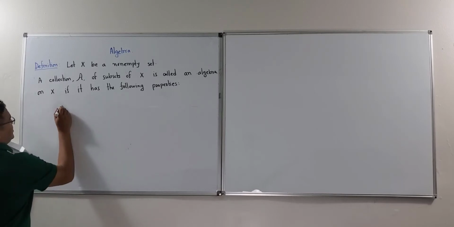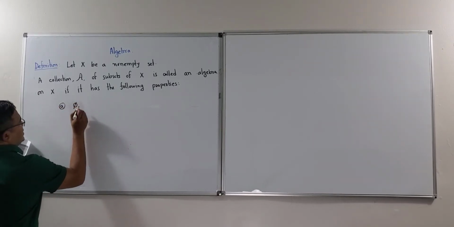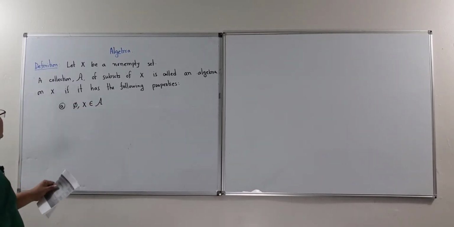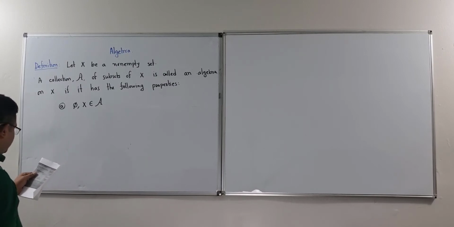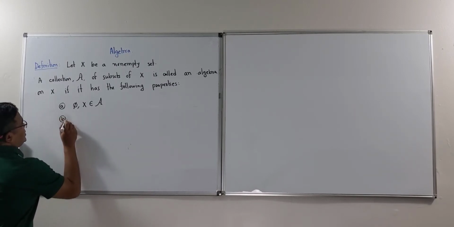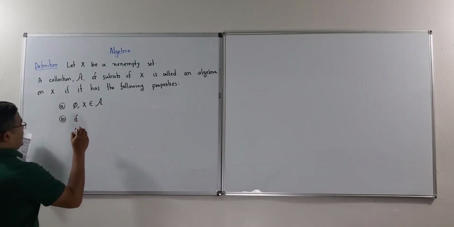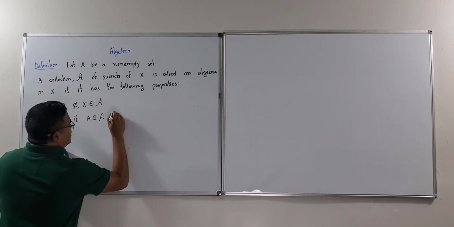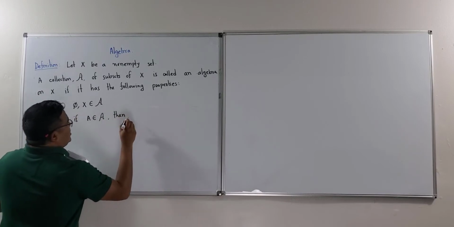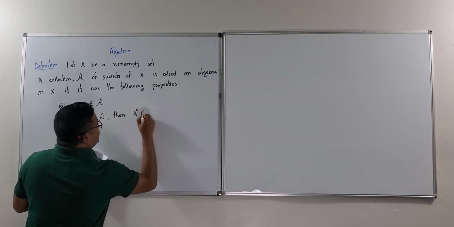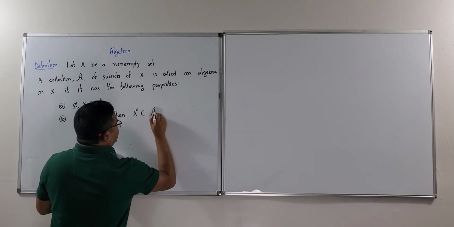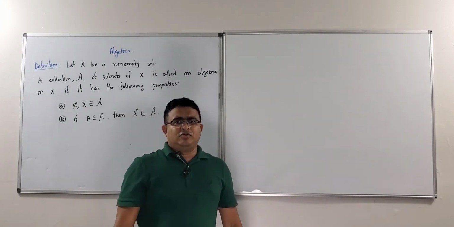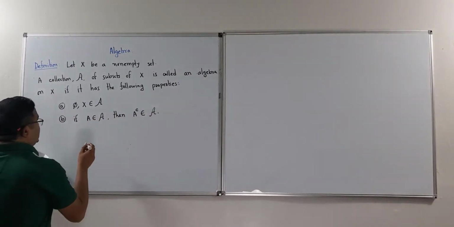So what is the first property? First property is the empty set and the whole set should be in that collection. And the second condition is, if there is a set A in that collection, then its complement, A complement, should be in that collection. Okay, so if there is a subset, then its complement would also be in that collection. And the third property is,